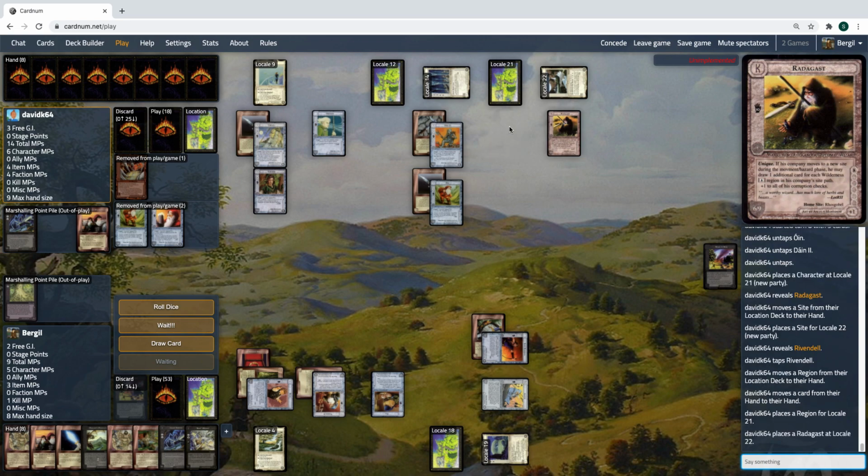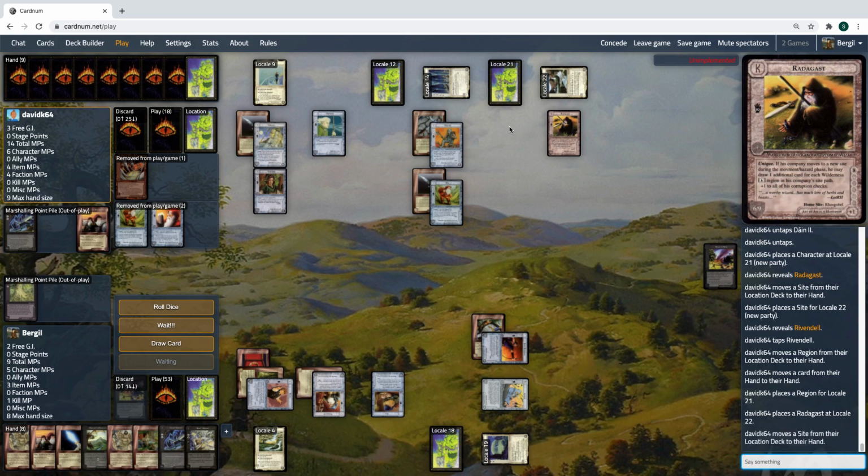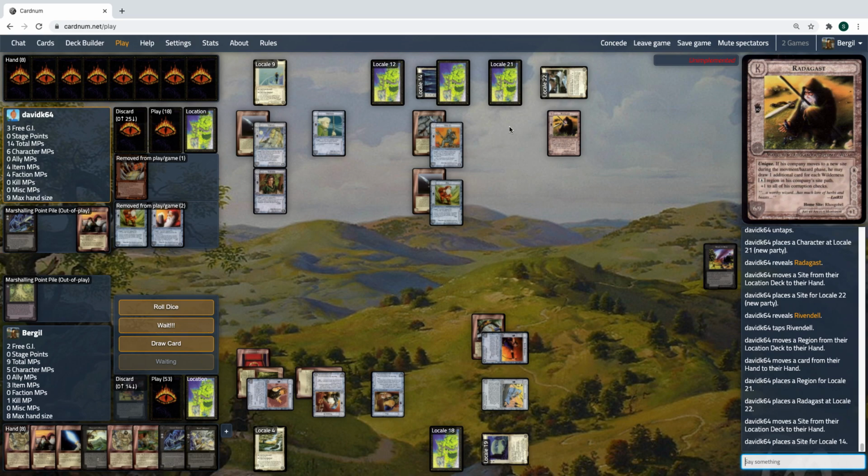Got it. Now, what are these other guys doing? So they're at the Iron Hill. 1, 2, 3, 4. I'm just checking my list to see what else these guys were going to do. Sure. Okay, so Radagast could move if I want him to, but